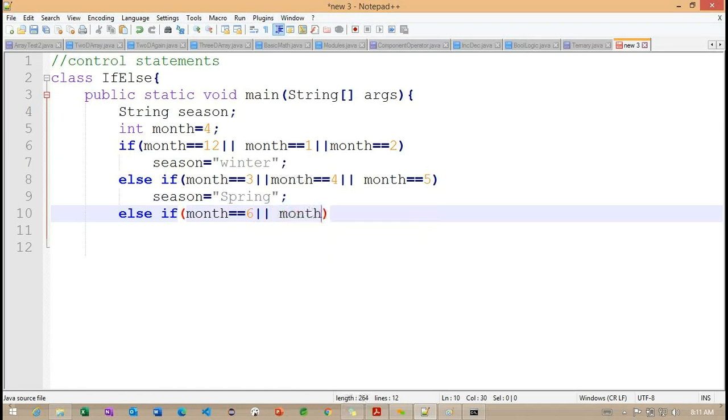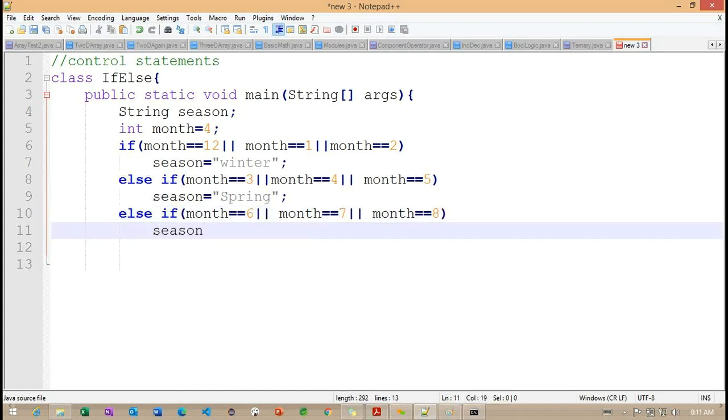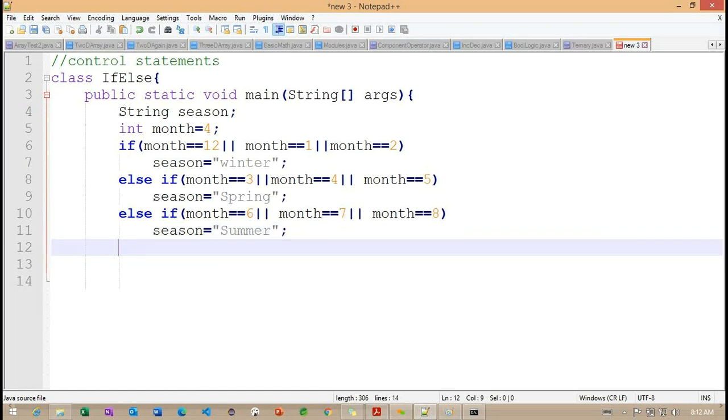Here I'm checking the condition month equals 6, month equals 7, month equals 8. So this particular season we are going to call summer.